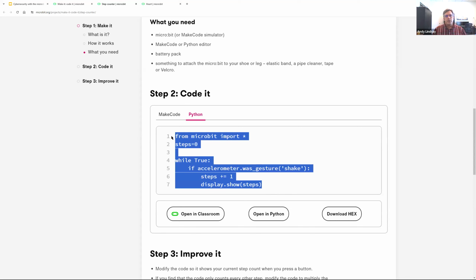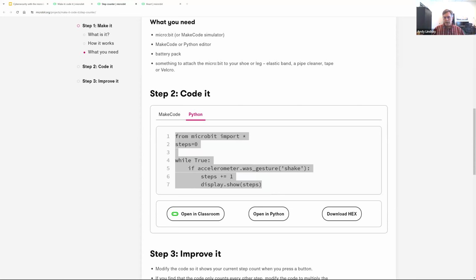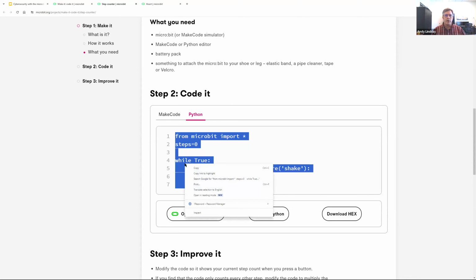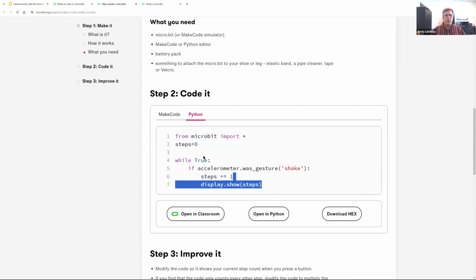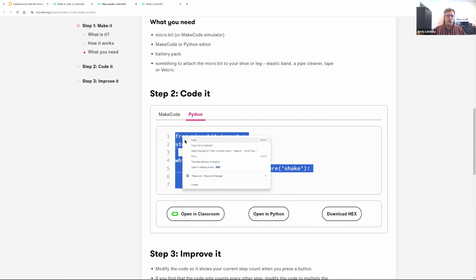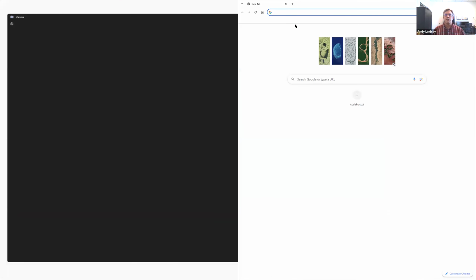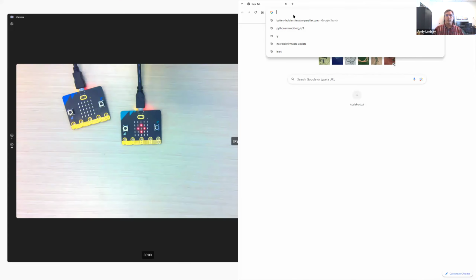So what I'd like to do is copy this and paste it into your chat. And then we'll have, ooh, that didn't look right. Sorry, something went wrong with the copy paste. It hasn't done that before. Let me just make sure, first of all, that I can get this into my microbit editor,